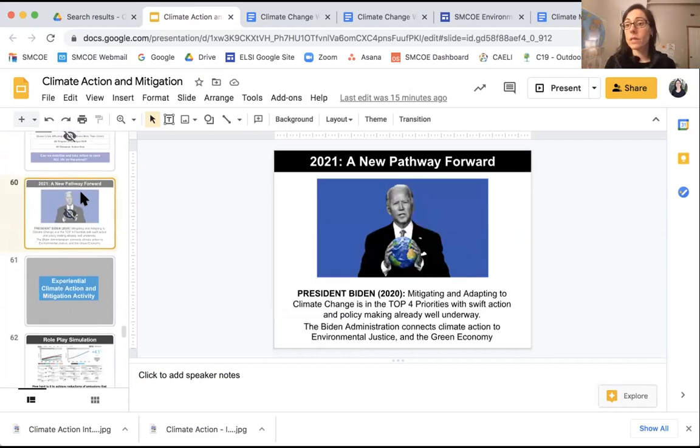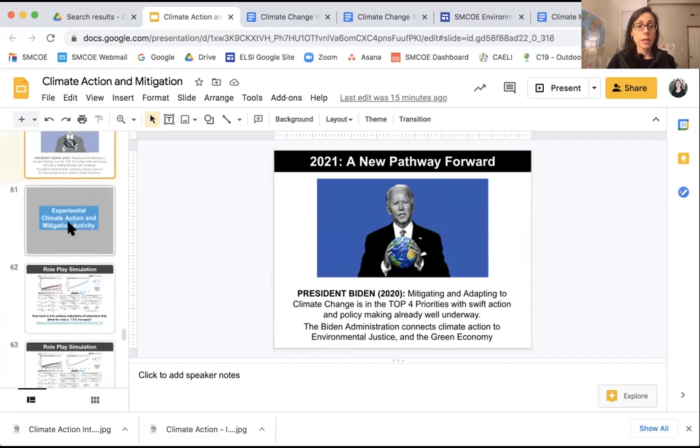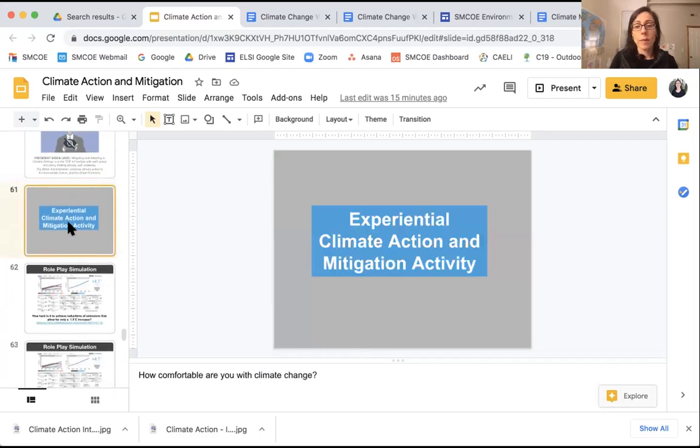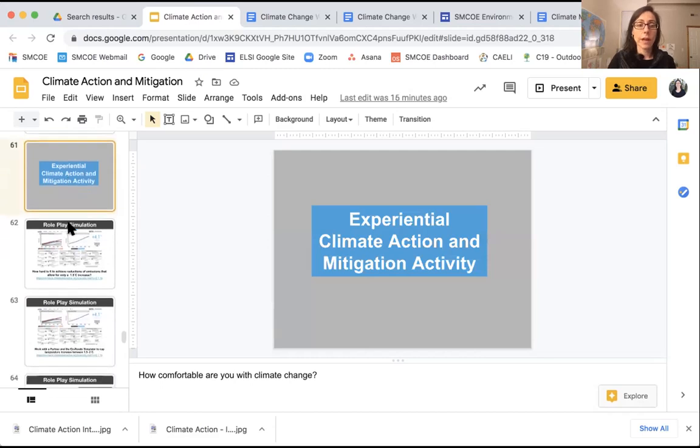So that's all the different resources to go a bit more in depth if you have a lengthier time with students and really want to have them dig into the history. Now, the last thing that I want to show here is just a couple of different activities that can be done with students. So one is an experiential climate action and mitigation activity where they actually get to do like